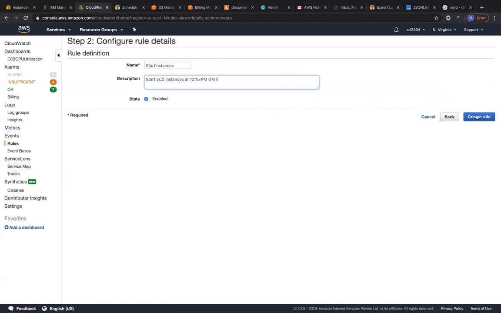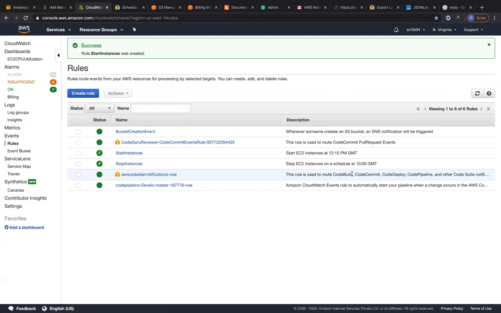Okay. This is pretty cool. So let's go ahead and create the rule. So it's going to stop. Probably you would give your own time schedule. So this is, for example purposes, I have just given 10 and 12:15, but you would give your own organization's working hours policy, right, over here.